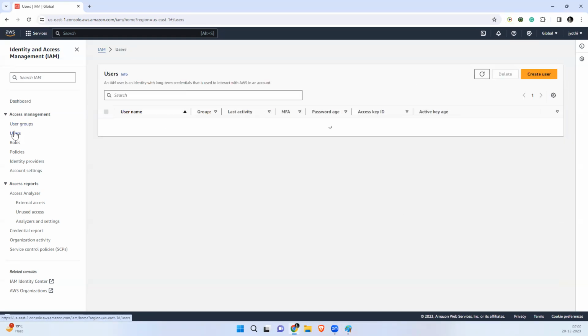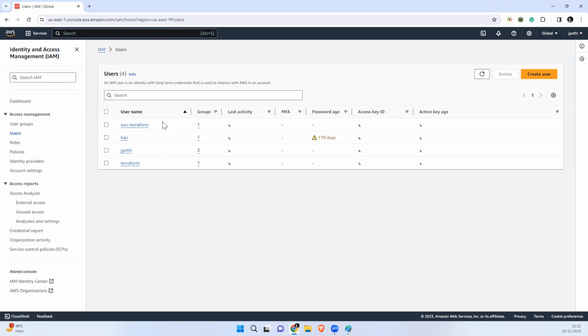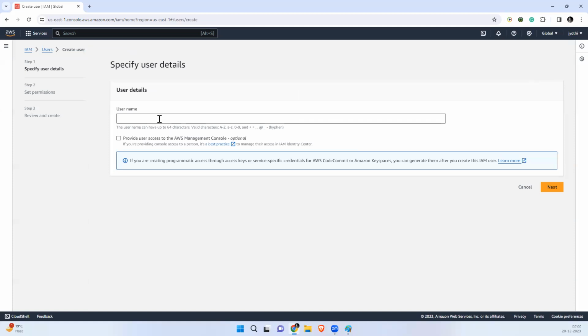If you go to the users, some are already created, like AWS Terraform. We created that last time when we did Terraform. But now I'm creating a new user called US SCP user.